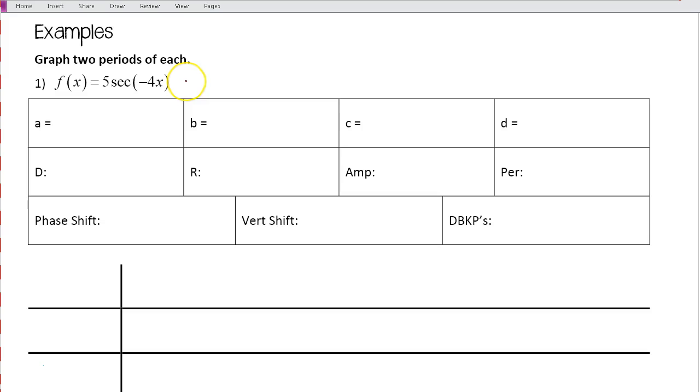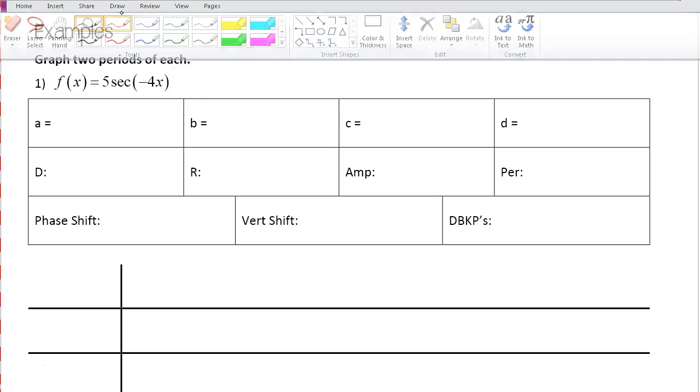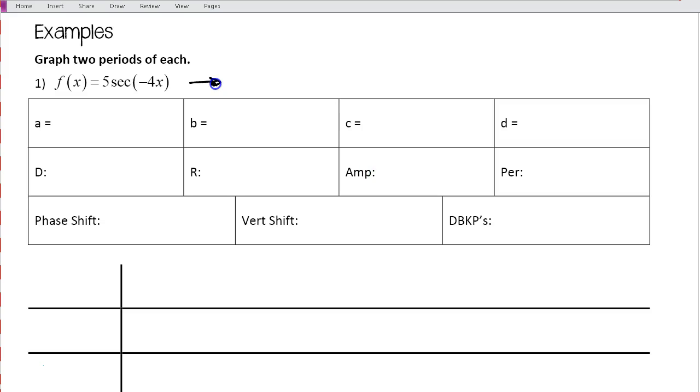Whenever we're doing these, my recommendation is to just pretend that we're graphing the reciprocal function. So let's pretend it's f of x is equal to 5 cosine negative 4x. Okay? And the very last step in our graph will be to actually graph the secant. But the easiest way to do these is just pretend that it's the normal trig function, the sine or the cosine. So let's go ahead and figure everything out as if it was cosine,